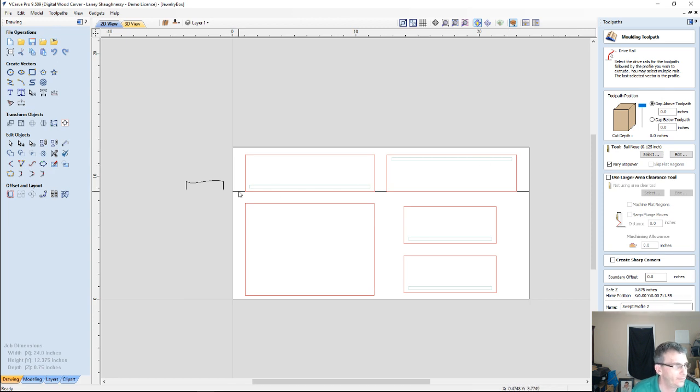Let's take our profile guide rail, basically our drive rail it's called, that we're going to be using, and then hold our shift key down and select our profile. Now notice how the lines are shooting downward. That's not where I want that to carve. That means it's going to carve on this side of the line. I need it to carve up here. So what I need to do is reverse the direction of that cut. So if I right click on this green node of my profile over here, I can click reverse direction,